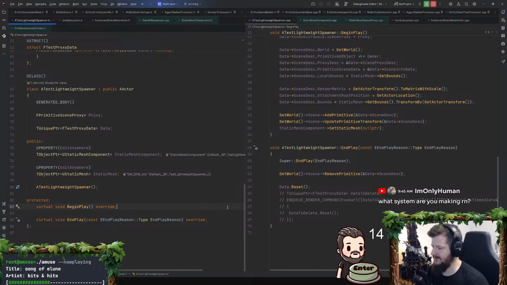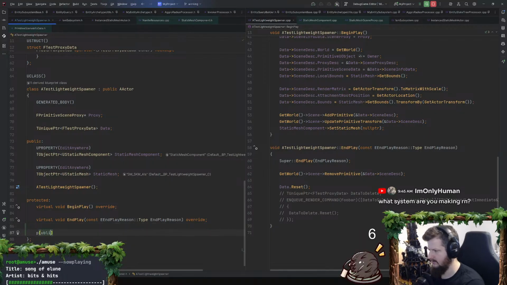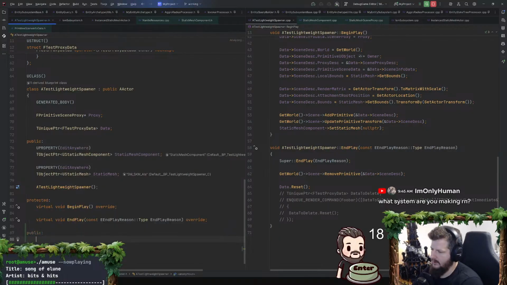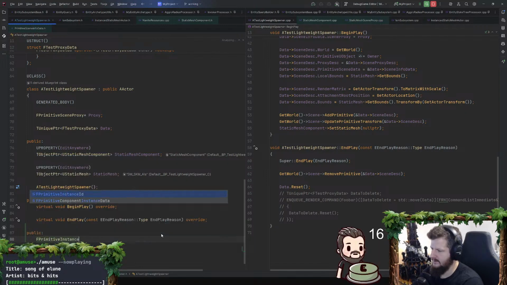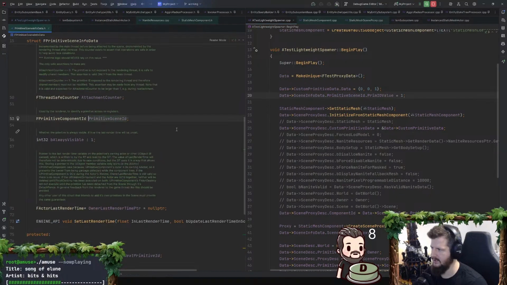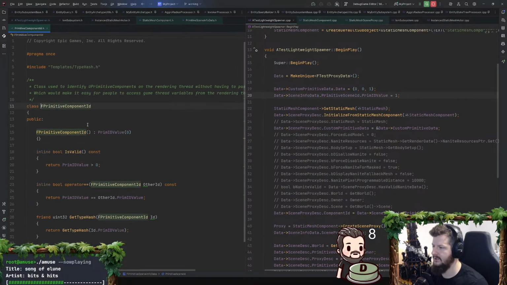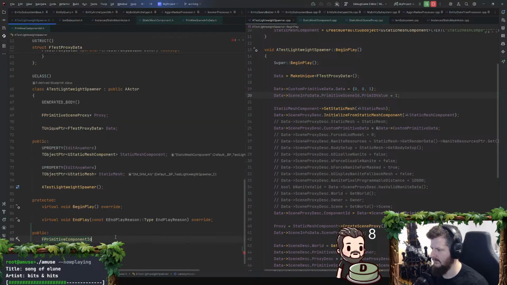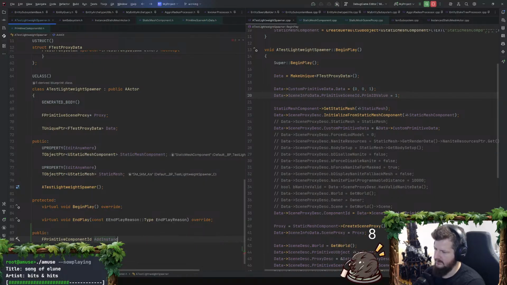In play. So let's just create some functions here. Public. We're going to go void add. Well, no, let's return a primitive instance ID, which is I think what we use here, right? Primitive scene ID, primitive component ID. Yeah, this is what we'll hang on to. We'll return that. Add instance